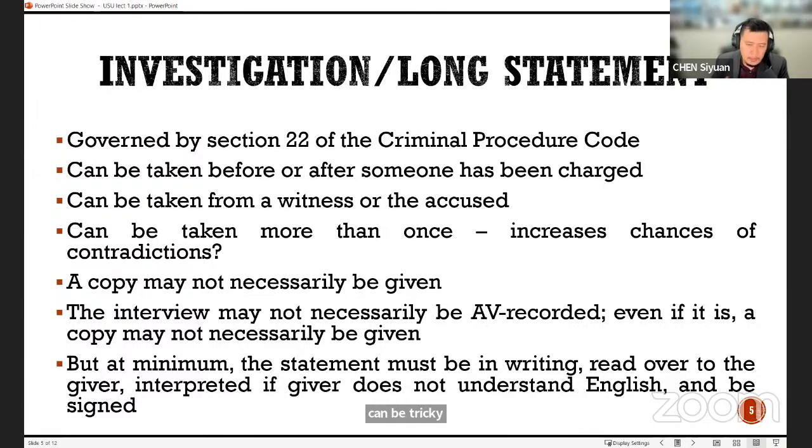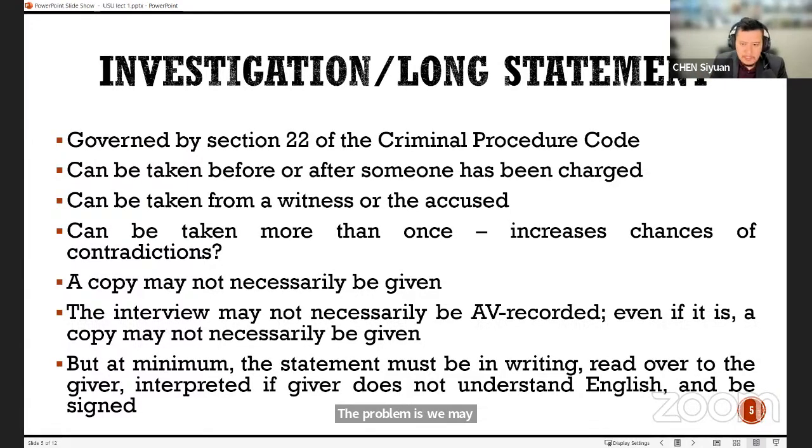If the accused, so in Singapore, everything is done in English, even though we have Malays, we have Chinese, we have Indians, and we have an assortment of other people from different places. Everything works in English in Singapore, right? If you want to do business, if you want to go to court, if you want to study, everything is done in English, even if you may speak other languages. But if the accused person does not understand English, then by right, an interpretation needs to be arranged for him or her. The problem is we may not always have interpreters for all sorts of languages.